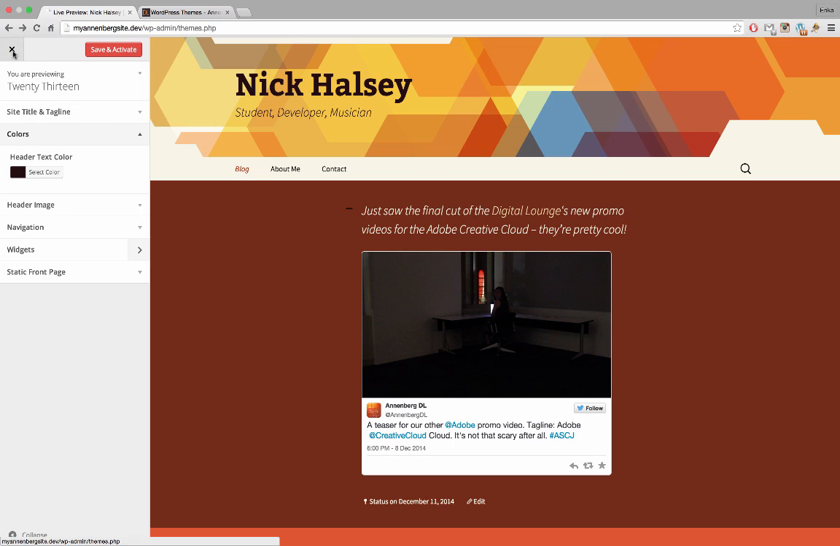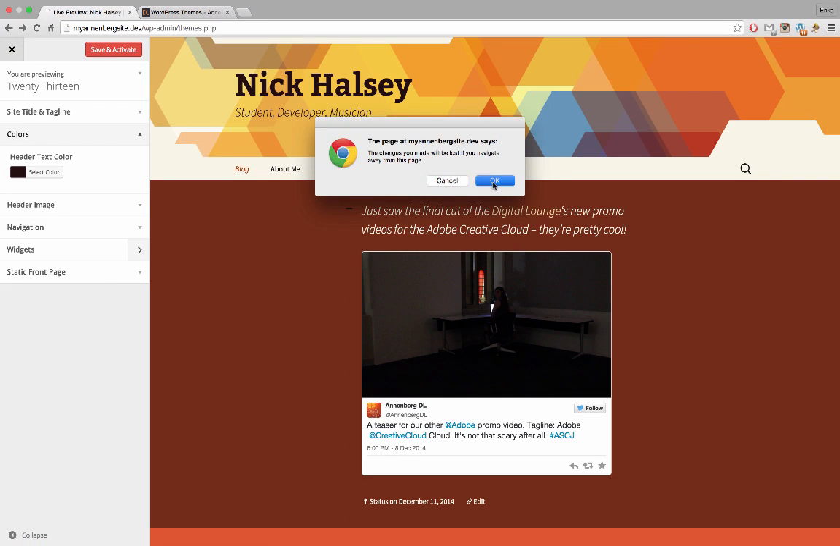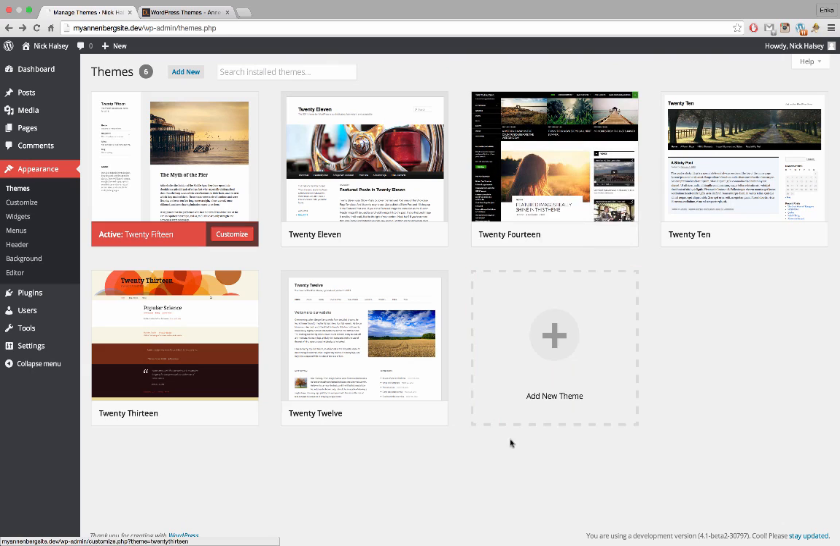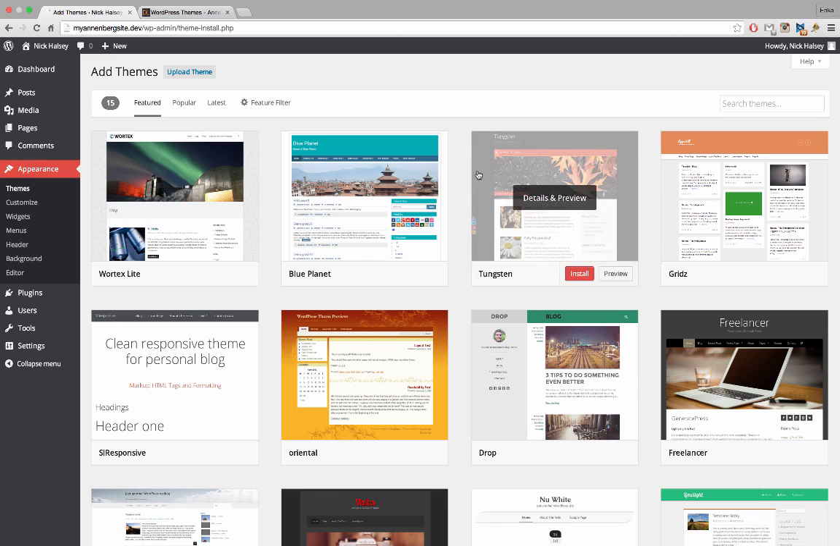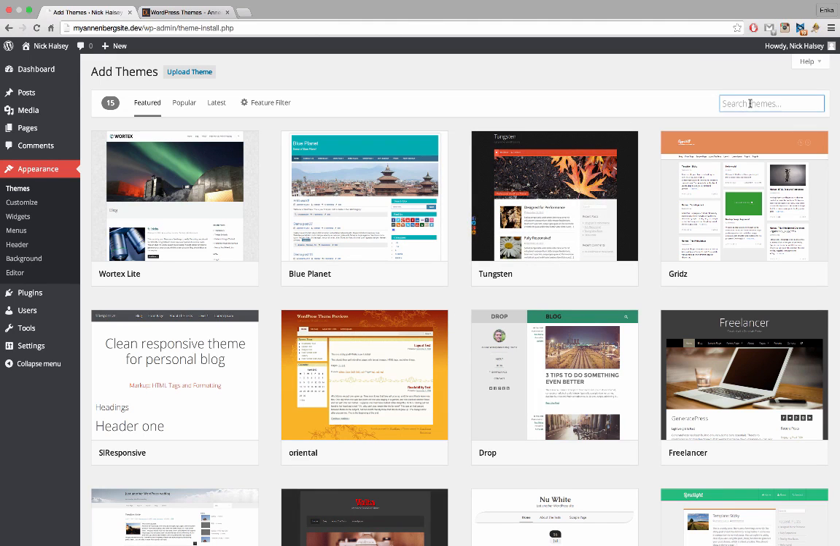And so we're going to go ahead and close out of the customizer. I don't really want to save those changes. And now we're going to go to add a new theme. Now, one of the things that WordPress supports is something called child themes. Basically, it takes an existing theme like 2013 and makes some changes to fit it to a more particular purpose. So if we search for 2013,